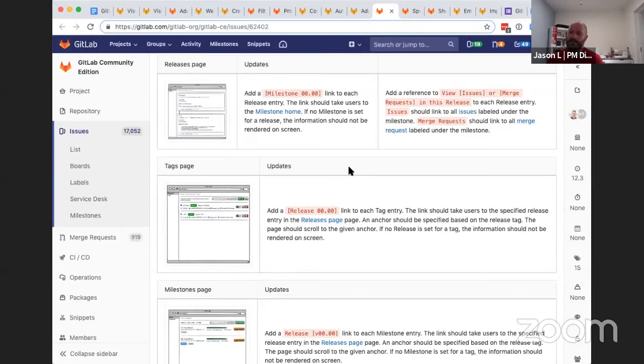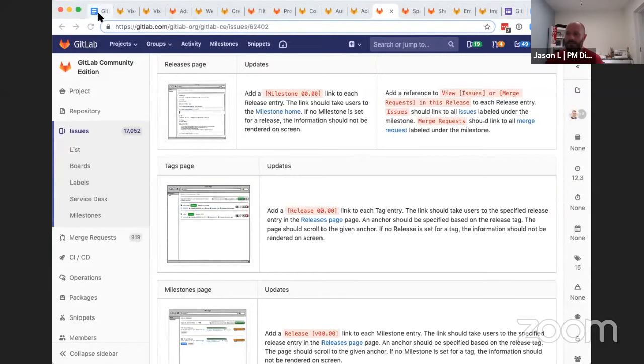We're going to make it so that from a release, you can just go see all of the issues that are in the release, all the merge requests. You can see a burn down chart for that release, all based on just tying these things together. In the future, we're going to be able to do really cool things like automatic evidence collection for all of the things that are happening in the issues. So taking advantage of that nice diff feature to say how issues changed over time, what commits were made associated with those changes, and then tying all that together and making it all visible from a single release view.